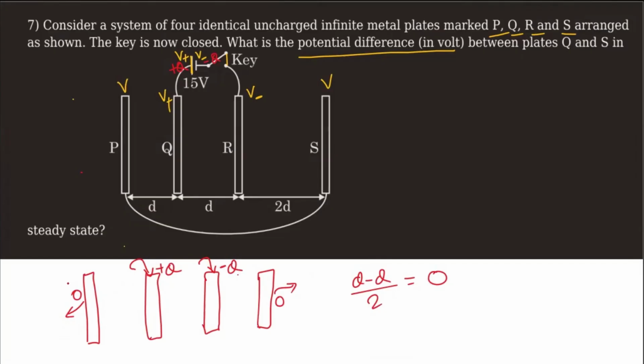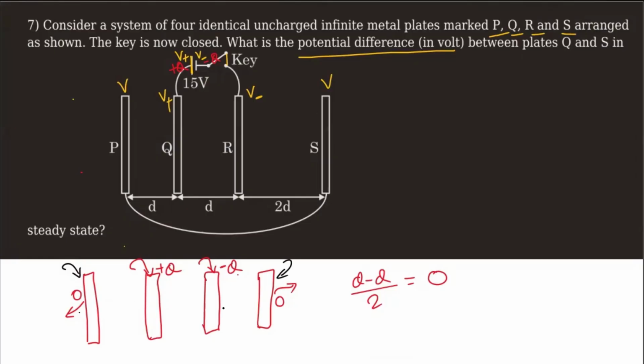But there is one important thing here. These plates P and S are interconnected. Is it going to affect how the charge distribution looks? That we need to explore. So let us first look at these 4 plates where the corner plates are not connected, not the last 2 plates, I mean these corner plates are not connected. Okay, that is the case which is in our question.